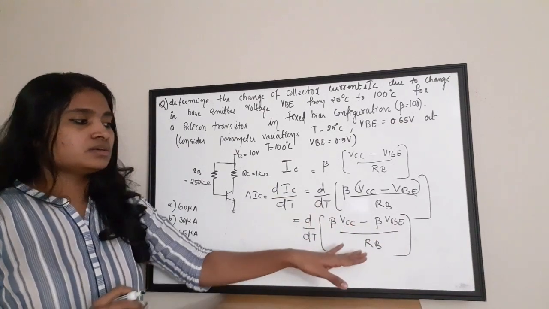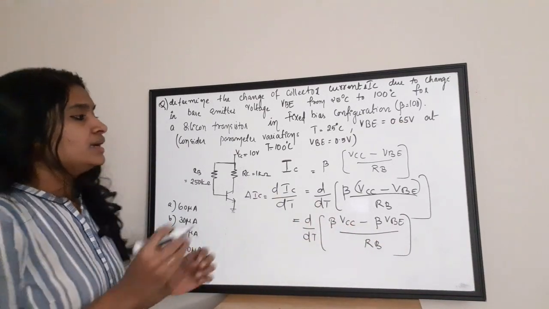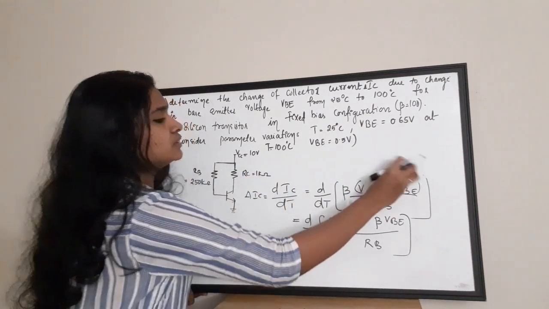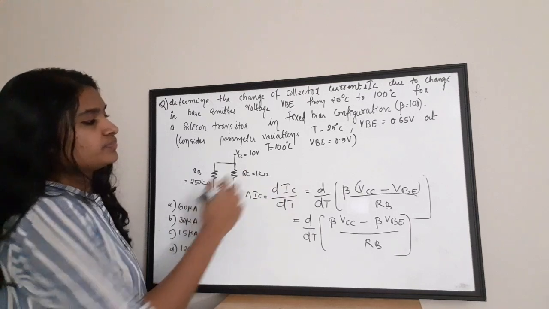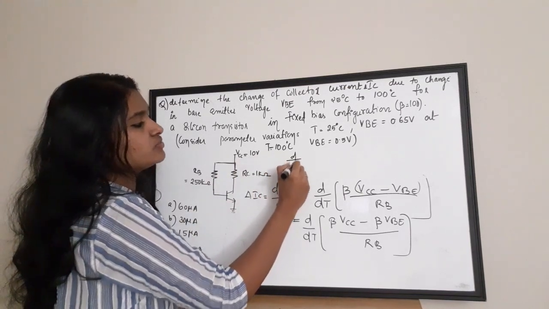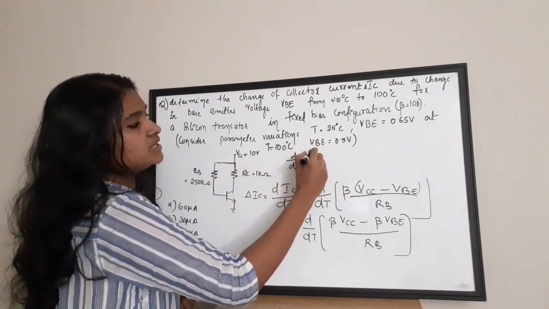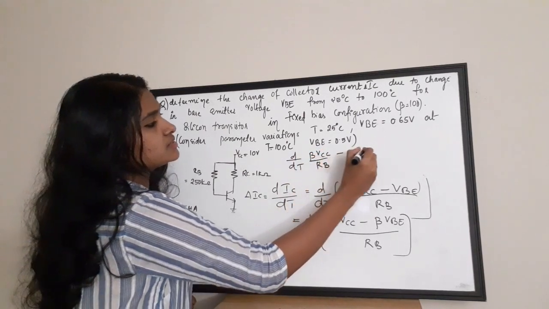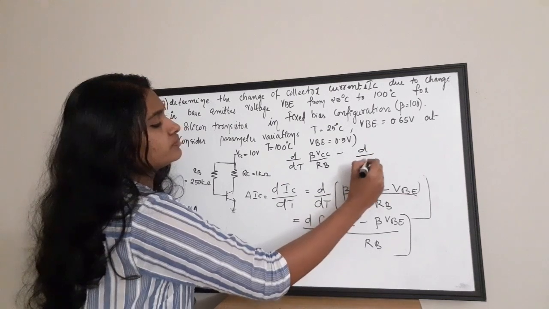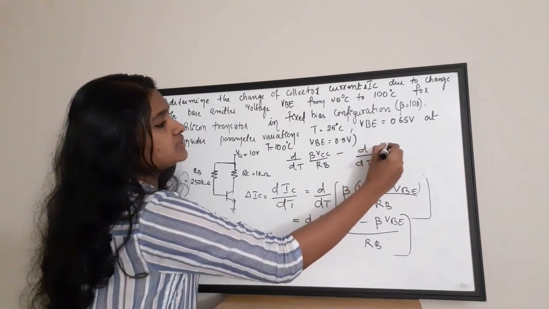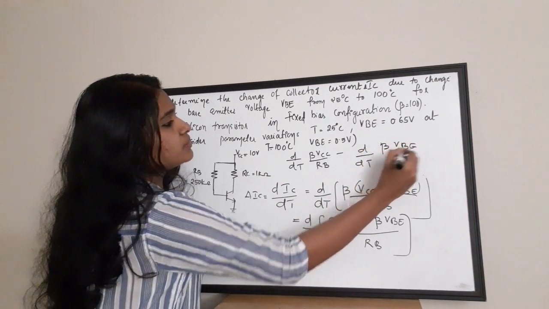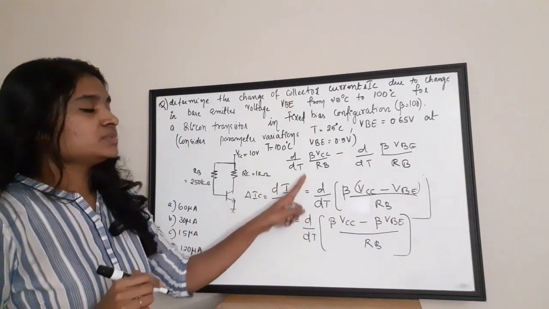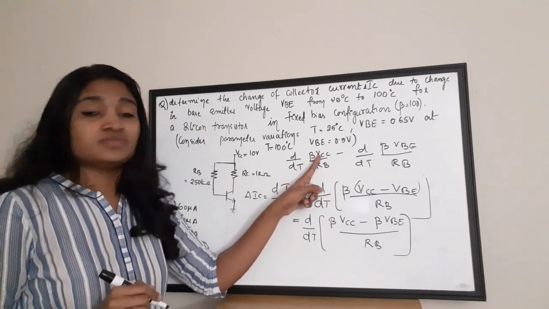This is actually basic simplification. Anyway, I'll do it for you. I'm going to write it above. Okay, that is d by dt of beta VCC by RB minus d by dt of beta VBE by RB. Now, if you see this term, here there is a beta, there is a VCC and